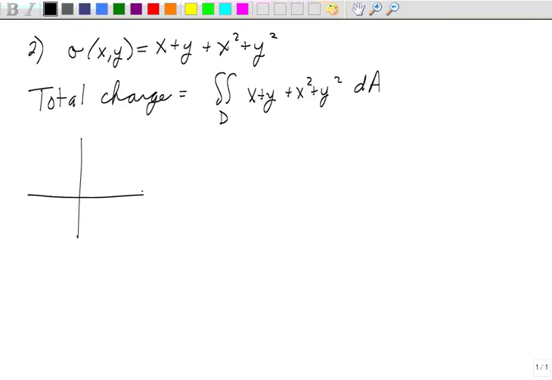And in number 2, we'll read the problem. It's distributed over the disk, x squared plus y squared equals 4, and we want the total charge on that disk. So if we go this way,